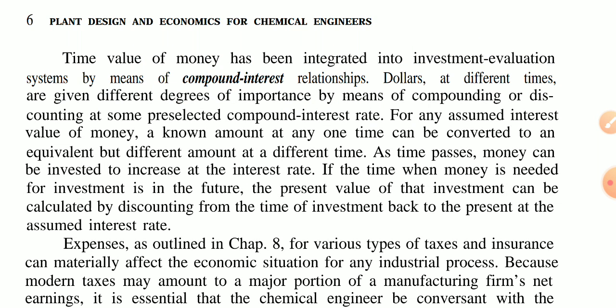Dollars at different times are given different degrees of importance by means of compounding or discounting at some preselected compound interest rate for any assumed interest value of money. A known amount at any one time can be converted to an equivalent but different amount at a different time. As time passes, money can be invested to increase at the interest rate at the time when the money